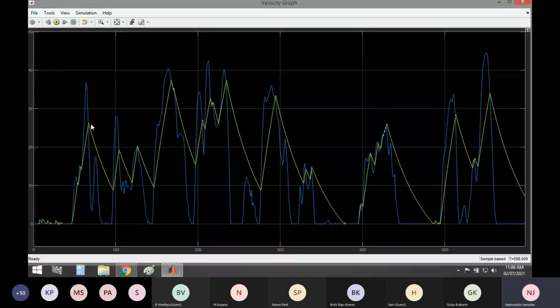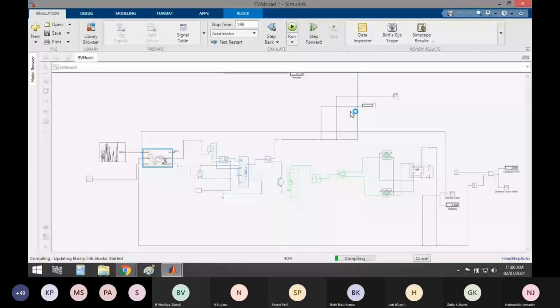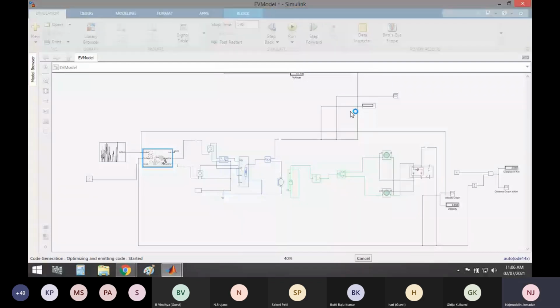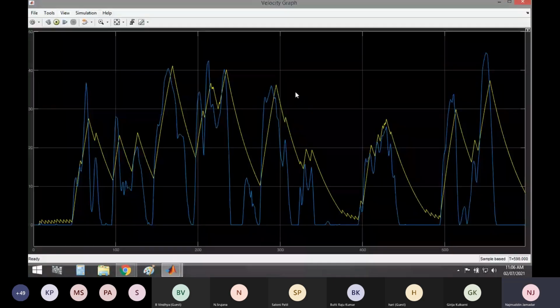So I will just change the driver setting. I will select PI. I will click OK and I will check the response again. Now the response is somewhat changed. You can see. Okay.